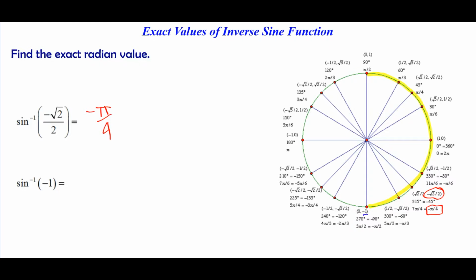So my sine value, my y coordinate is -1 right here. And again, I'm going to use negative pi over 2. One thing to notice here on these two examples, notice your arguments were negative and your